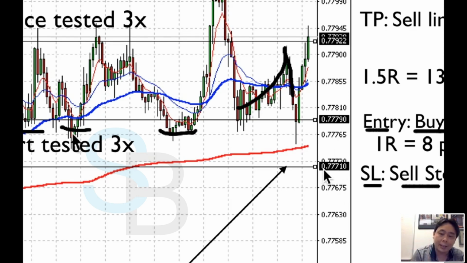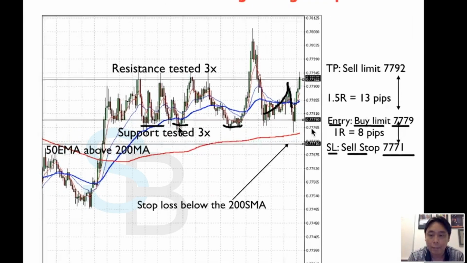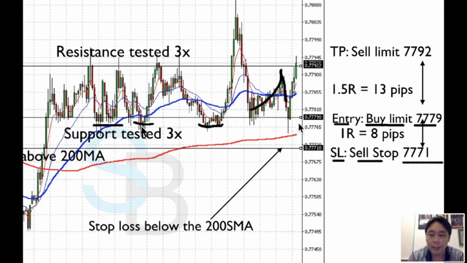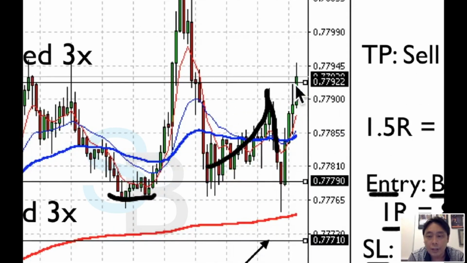Okay, and just nicely, that stop loss of mine is below the 200 moving average. So I know I've got a very strong support protecting my stop loss. That again is ideal. So this distance is my 1R, which is 8 pips. Where's my profit target? My profit target would be at the resistance level or slightly below that, but not above that. And my resistance in this case, or rather my target price, was 7792,